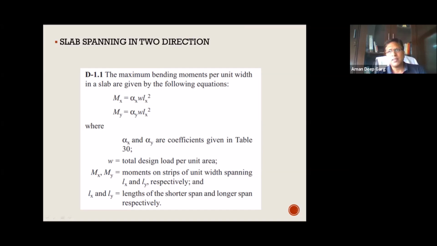Now I take the center point and take one horizontal line and one vertical line, spanning in each direction from the center of the slab. Understand? Now I take one fiber of the center line in the horizontal direction, and suppose there is a UDL on this slab, a uniformly distributed load of say 3 kilonewton per square meter as live load and 4 kilonewton per square meter as dead load. So total 7 kilonewton per square meter is the load over the slab. That is my design load as such, without any modification factor, without any load factor.